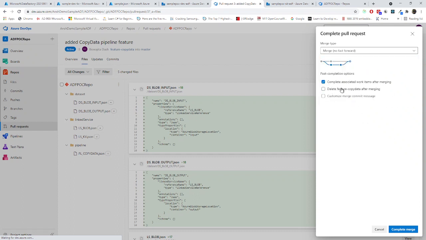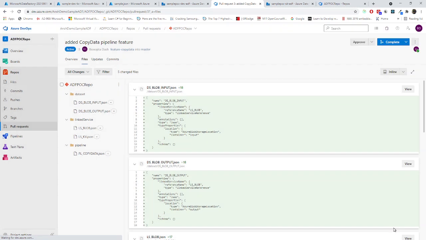There are different kinds of merge. And if you want to delete the feature branch after merging, you can delete it, but I will not recommend it, because who knows, you might need something in future that you have to come up here and put some changes and just merge it again. So never delete your feature branch. There is no harm to put your code in some source control. It is always going to be free. Now complete merge. I'm just completing this merge. Okay. Now this got merged.